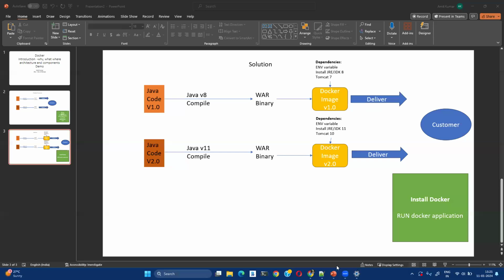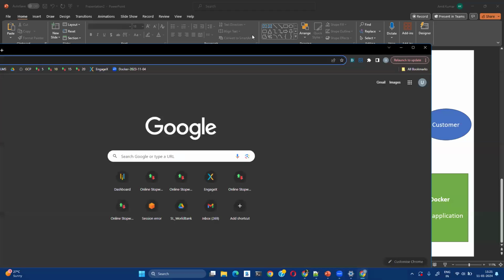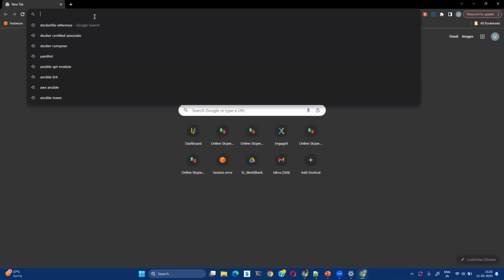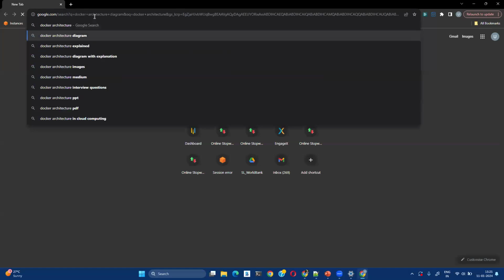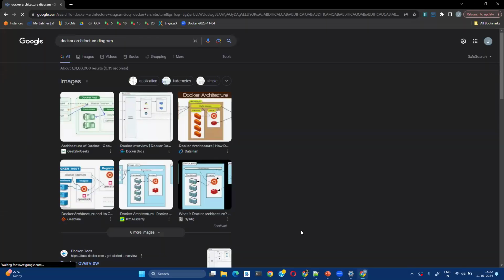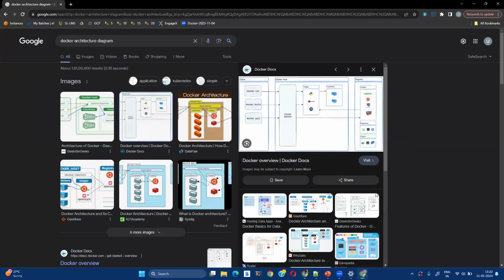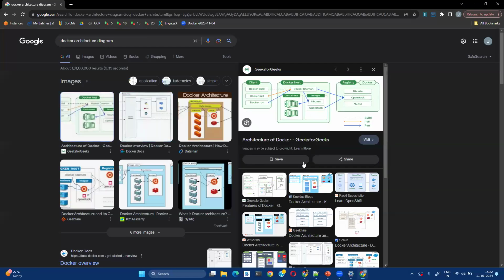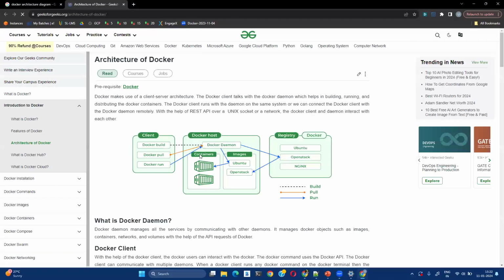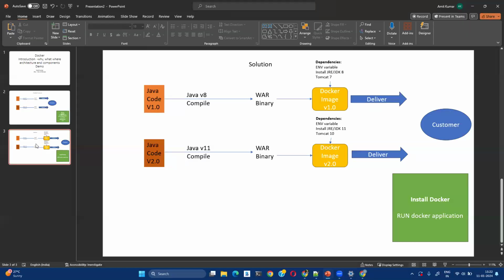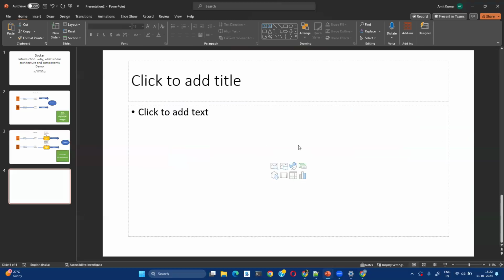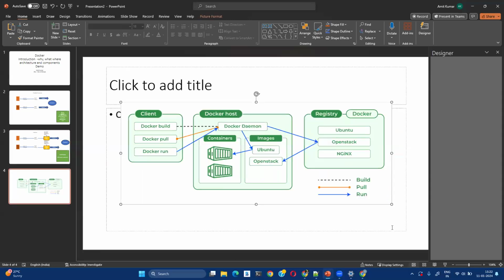just give me a second. I will just open an architecture diagram. Yeah, maybe this one will work. Okay. So